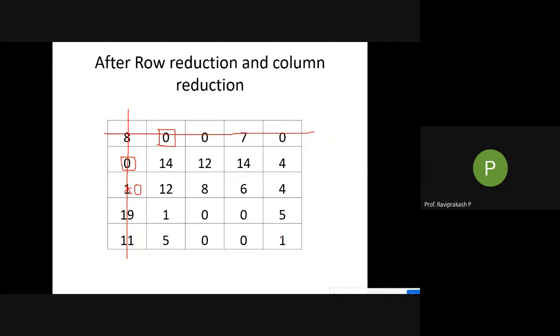So I think this is where you got stuck. Fine. So what to do here is, in normal problems, what happens is we are basically covering all these zeros with any of the lines. But in this case, we are not covering zeros. So if we go to the alternate method also, the lowest one will be 0 and there is no change in the matrix. Okay, so that was told to you.